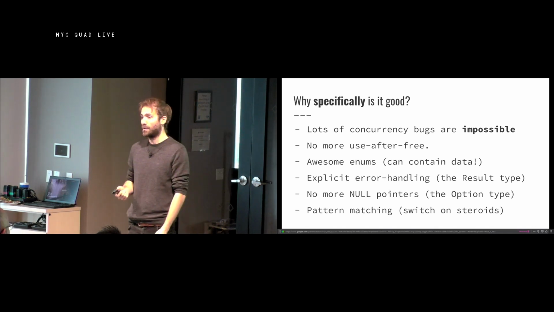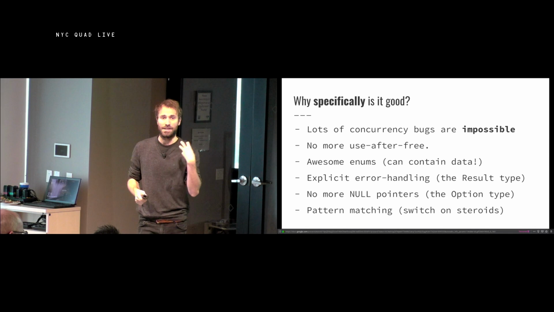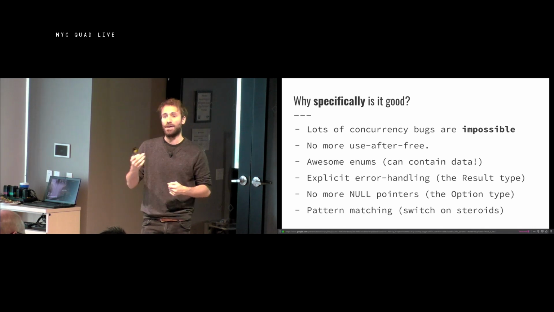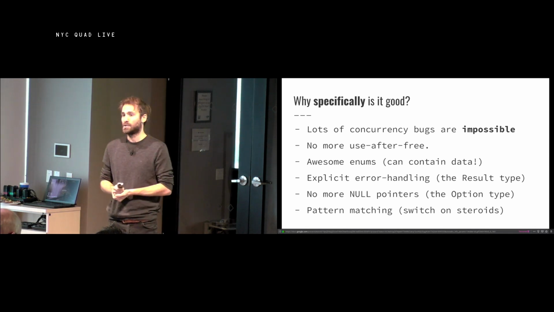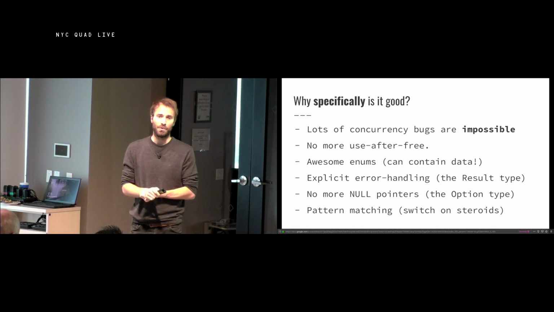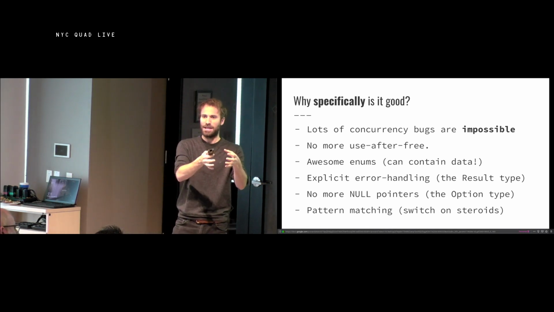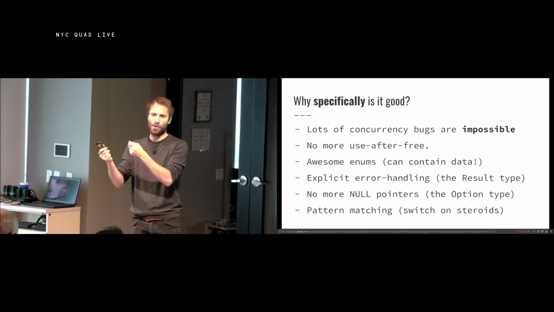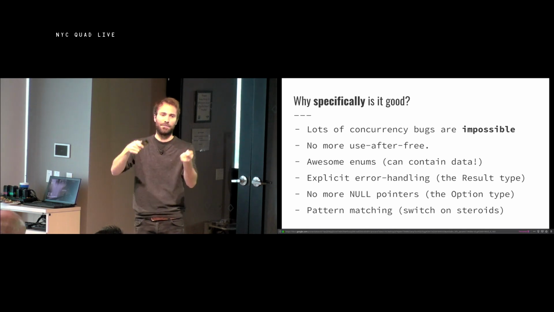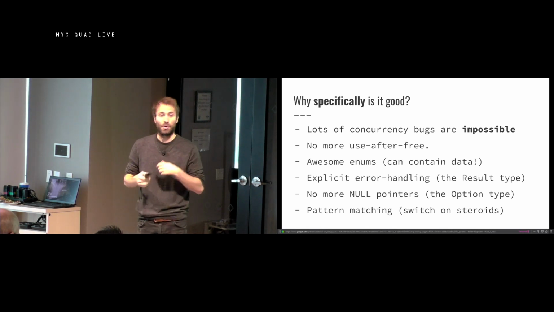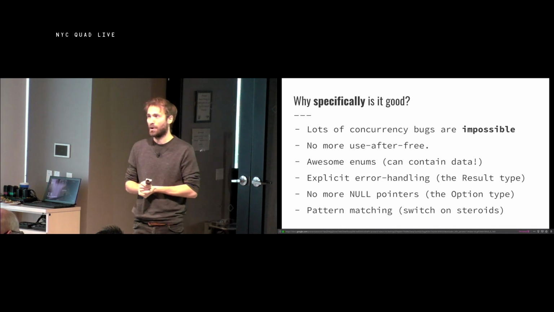The result enum is generic over two parameters: the value that is contained if you get an OK, and the value that is contained if you get an error. So if you think of writing Go code, for example, you often return this sort of tuple of the value if everything went correctly, and an error. And you need to know, if error is nil, then you do something, otherwise do something else, or you might return a null pointer or something like that if something went wrong.